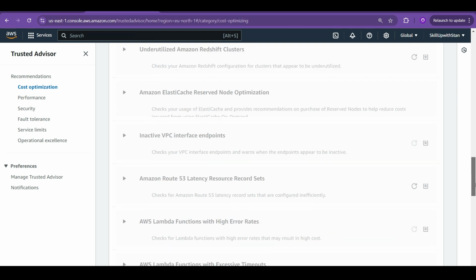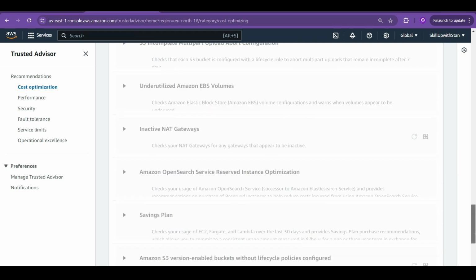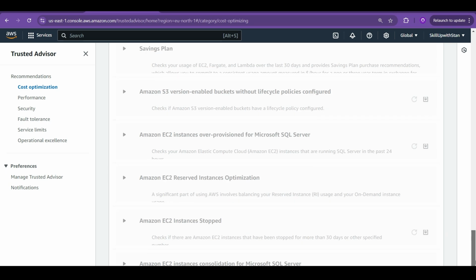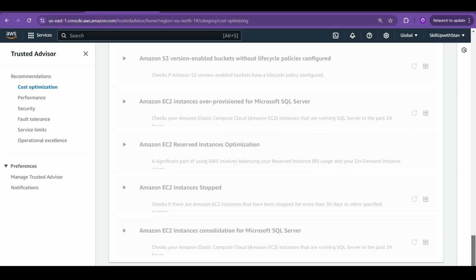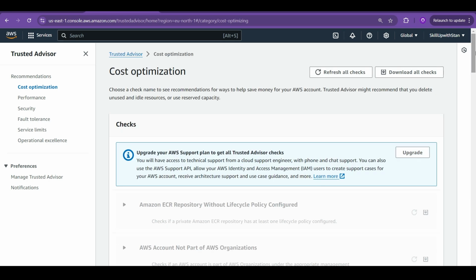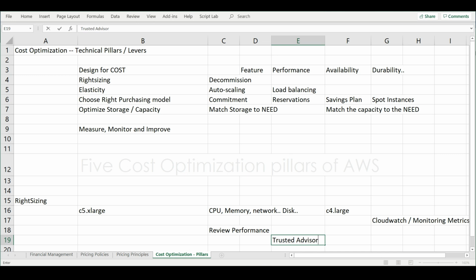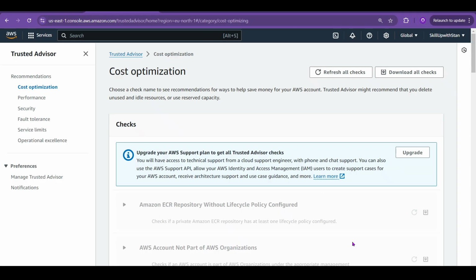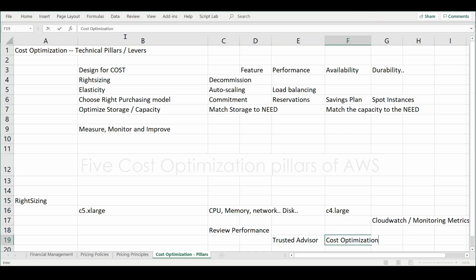So the Trusted Advisor tool also gives you the options to right size the instance. So which are the instances which are over provisioned? There are hundreds of checks, out of which cost optimization checks are part of your Trusted Advisor. So this is a very good tool to simplify the right sizing for your customers. So you will save the cost when you convert it from C5 large, extra large to C4 large, or if you are converting it from one